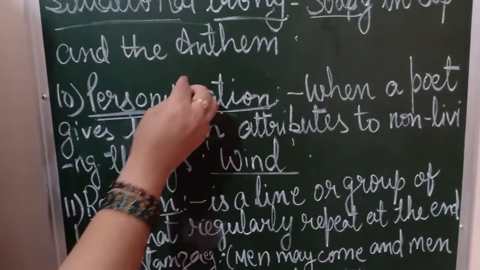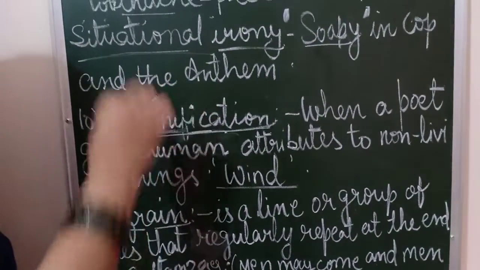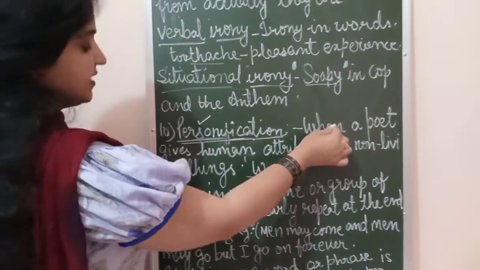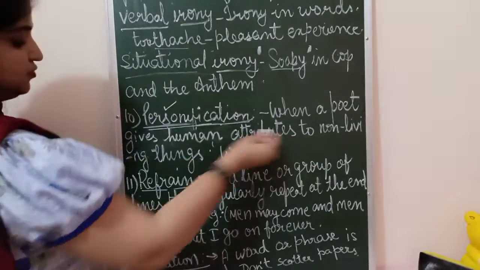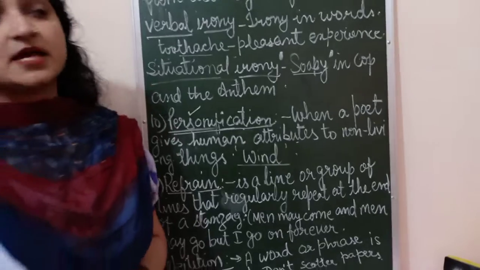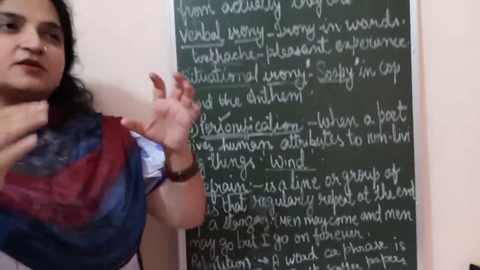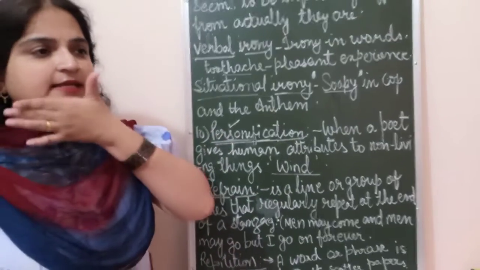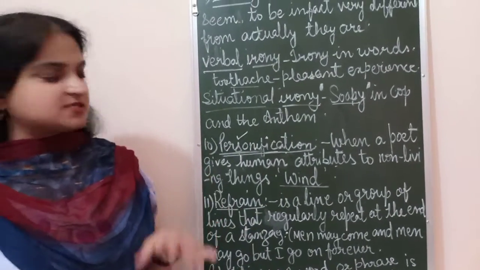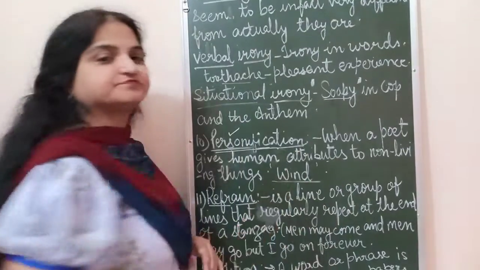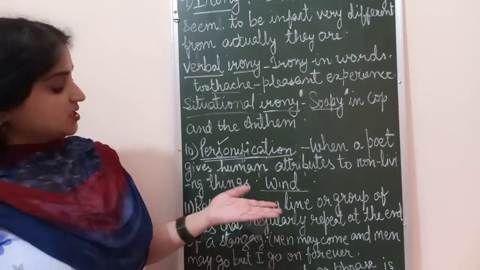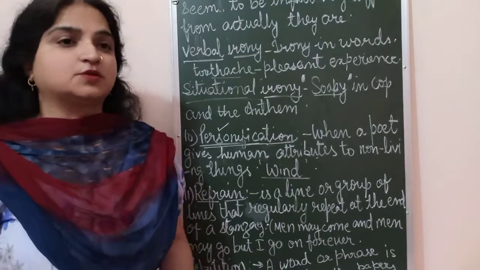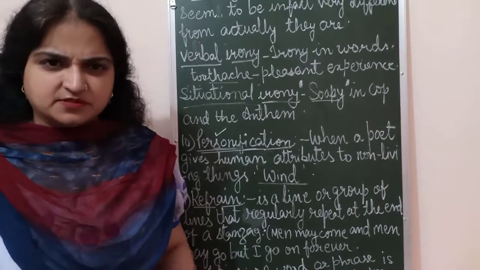Now, next comes personification. From the word itself it is clear: person. Personification means when a poet gives human attributes to non-living things. When we consider non-living things to be living, then there is personification. Like in class 9th, I think there is a poem, Wind. In Wind, the poet is asking the wind, don't scatter the papers,